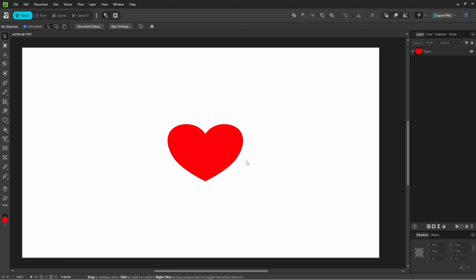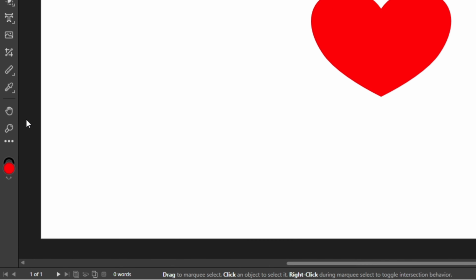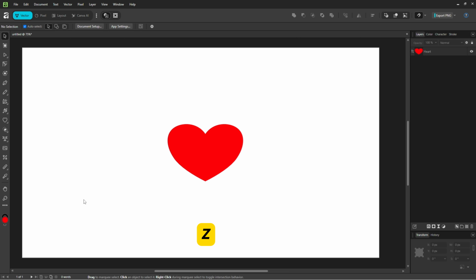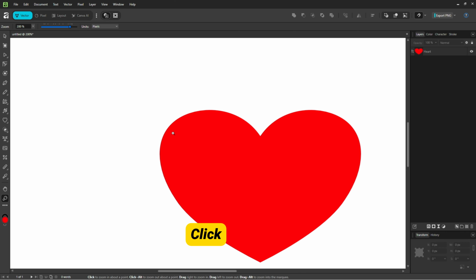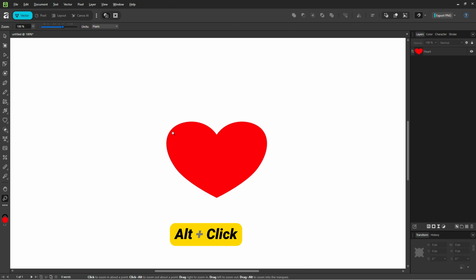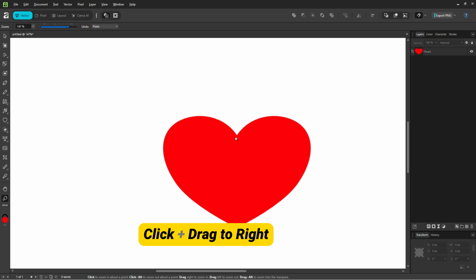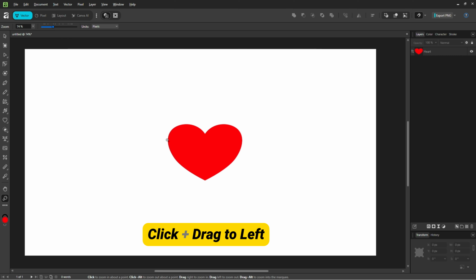Now let's combine this with the Zoom tool. It can be accessed from the toolbar here, but I prefer the shortcut key Z since it's quicker. I can click to zoom in, or press Alt and click to zoom out. I can also click and drag to the right to zoom in, and click and drag to the left to